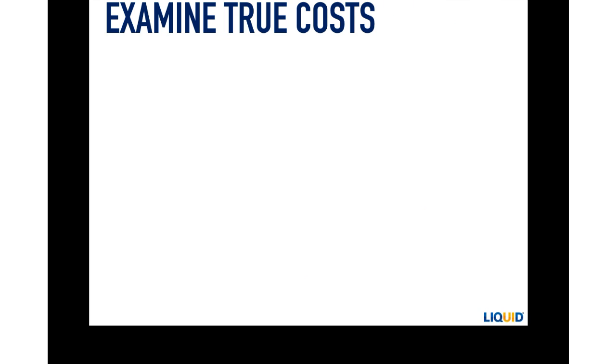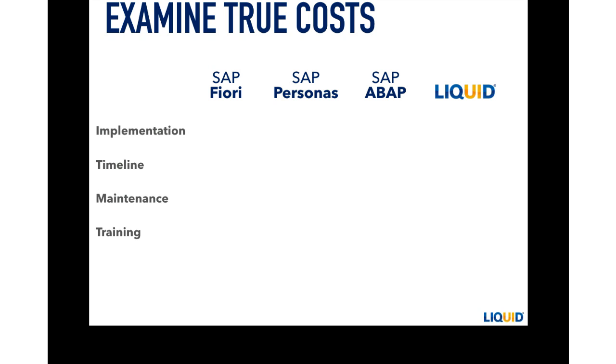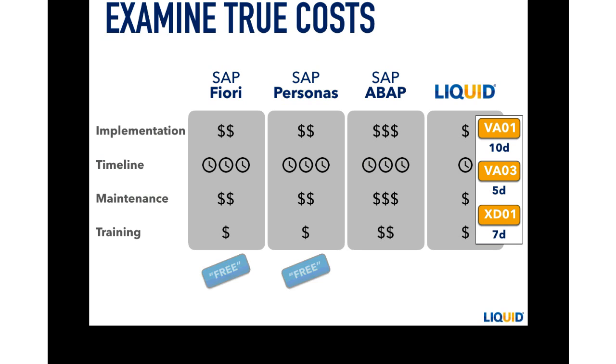So just to tie that all together, examining the true costs of all these solutions is work, but it's important to do. So we'll contrast the four offerings with implementation cost, timeline, maintenance cost, and training here. Just throw out this matrix. Now, Fiori and Personas are both touted as being free, and while on a certain level it's true, the software is free,